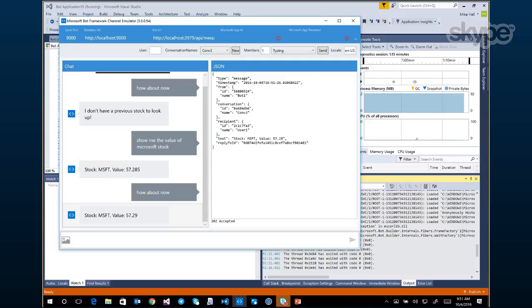So one of the other cognitive services is language translation. With just a few additional lines of code, instead of me typing, show me the value of Microsoft stock, maybe I type the same thing but in French. So our bot could intercept that text, determine the language that it's being typed in, and call our stock service, get the result back, and then use the translation service to translate our text back into the language of the user, which in this case might be French, and then send that back to the user. So in a few lines of code, we've got conversational state being handled. A few additional lines of code, we could add language translation into the bot.